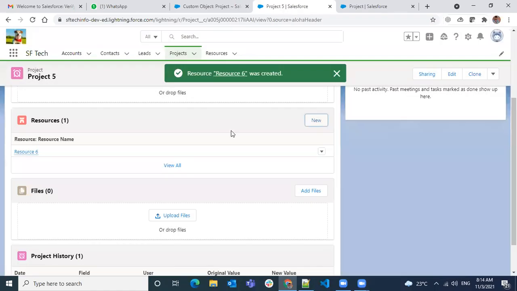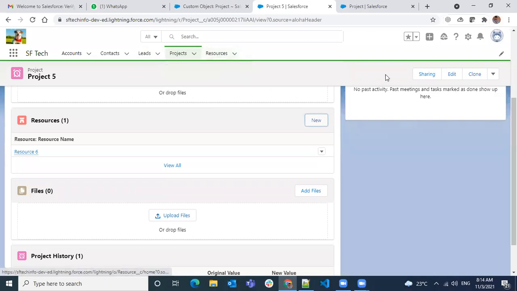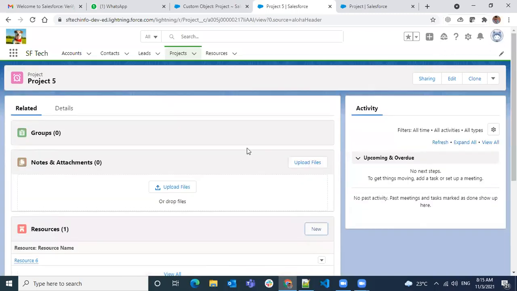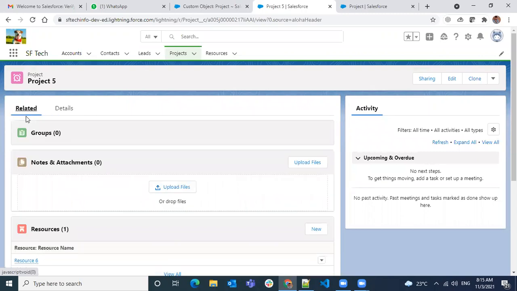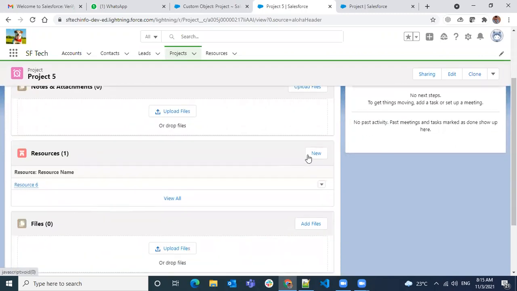So there's an option. Previously, what we did was go directly to the resource tab and create a new or clone the existing resource and create the record. And there's one more place, from the parent record, from project also. If you go to a related list, you can see a new button over there in the resources to create a resource. Okay, how to control the buttons over here?